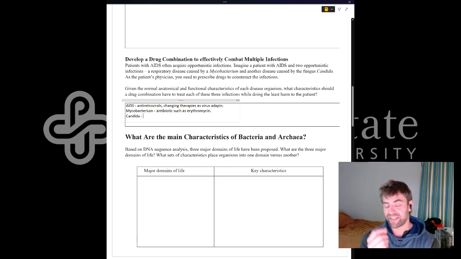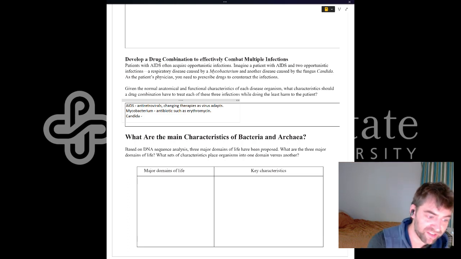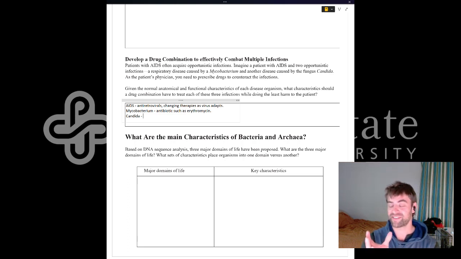Finally, for Candida, Candida is a very common fungal infection. And like humans, yeasts are eukaryotes, which makes them particularly difficult to treat. So, given the many similarities in eukaryotic cells' structure and function, the fungal infection is more difficult to treat compared to the bacterial infection. However, it may be possible to target the fungal cell walls because humans don't have cell walls. It may also be possible to destroy the fungus exoenzymes that are needed to break down nutrients,